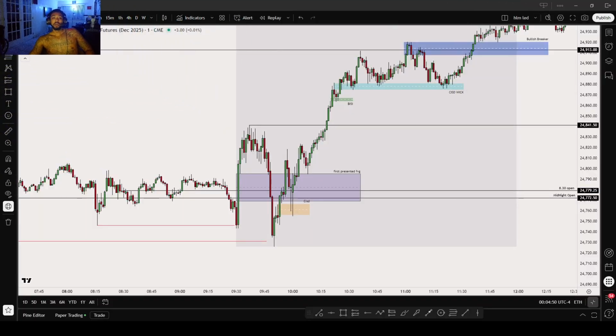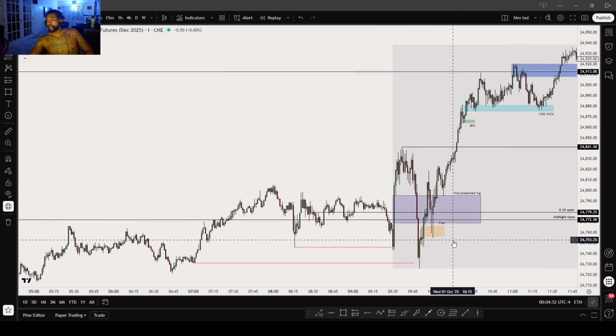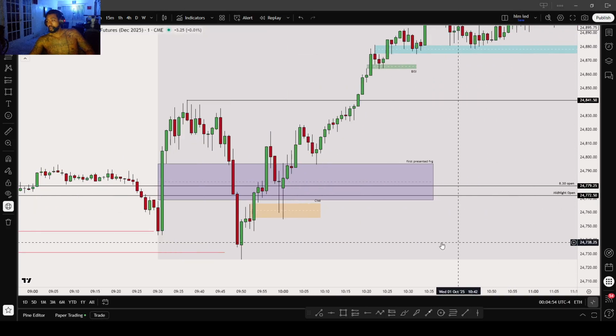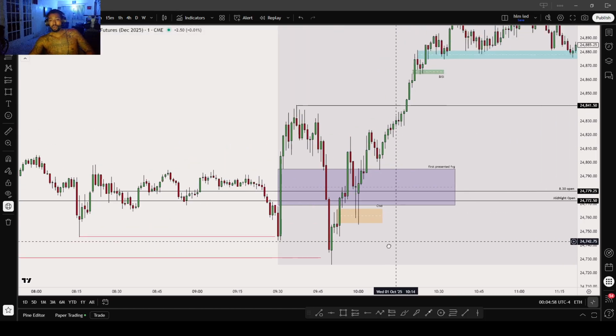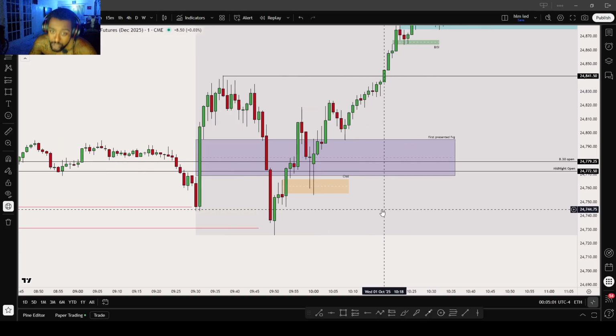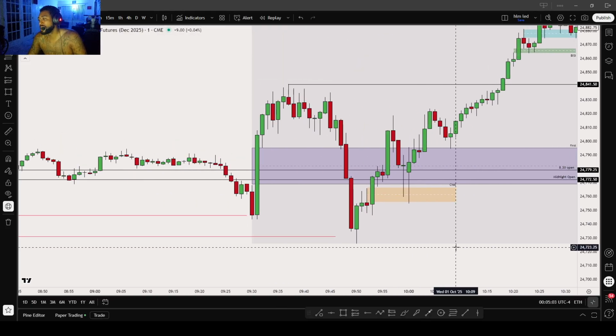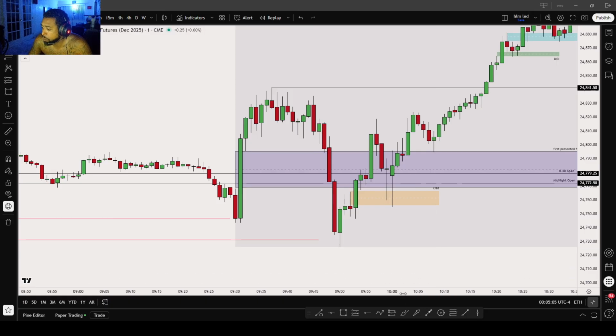So we did get some lovely price action. In the beginning, we did get a little up and down, right? A little up, a little down. But after that, we actually got lovely price action. So I did trade this live, right? I got off the market literally around this time.